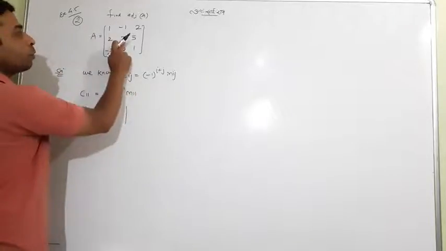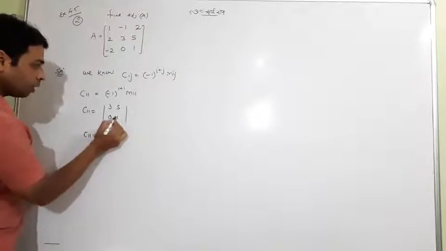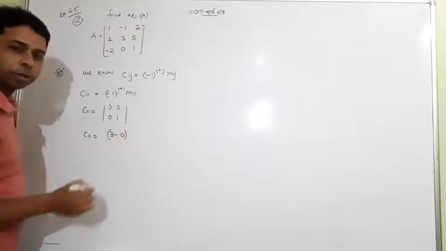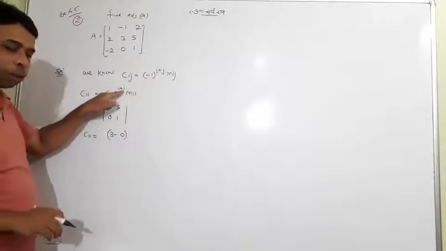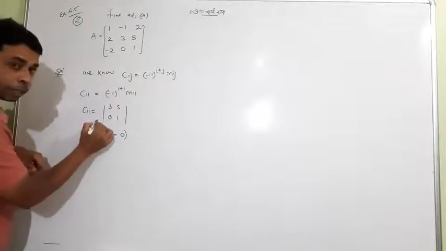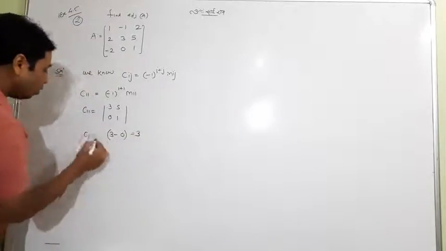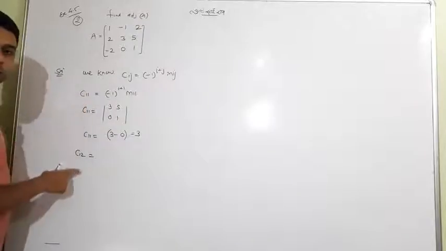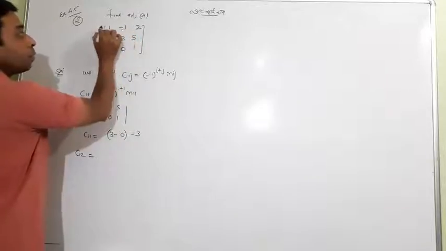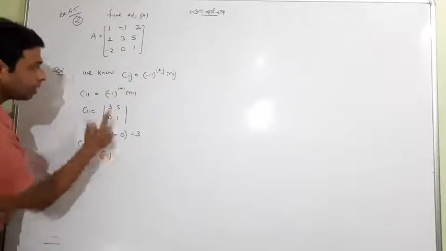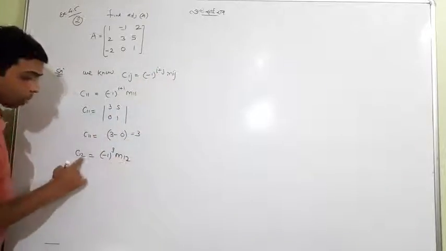So use the determinant of 3, 5, 0, 1 and open it the usual way. You will get 3 ones are 3, 5 zeros are 0. The basic thing is, minus 1 to the power 1 plus 1, which is 2, so it is using the plus sign. I know the answer is 3. When you go to the next, C12, what is the meaning of C12? This is the cofactor of the 1, 2 element, meaning the first row, second column. So okay, go on. Minus 1 to the power 1 plus 2, which is 3, and M12.